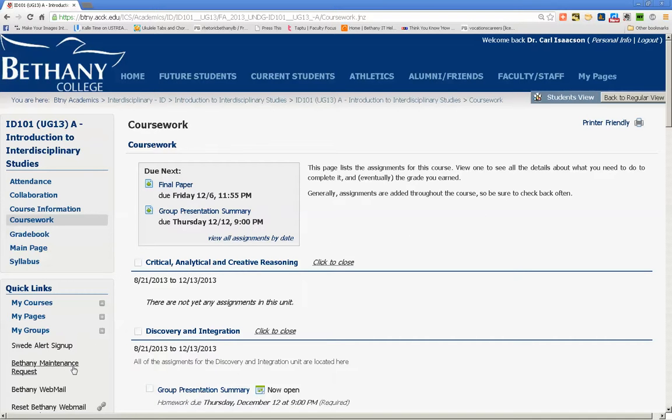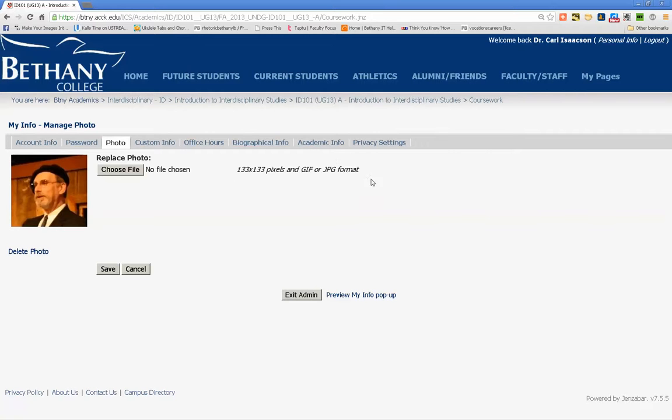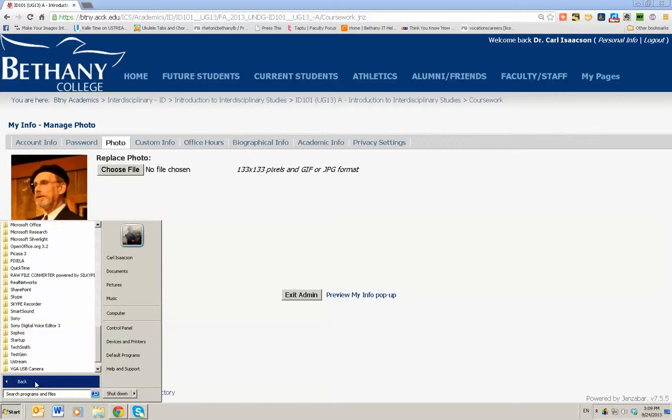Now, in addition to the courses and coursework, you can also do some things with your personal information that you may or may not be interested in doing. You can, for example, add a photo of yourself. But you need, as you can see, to make that photo 133 by 133 pixels and either in a GIF or a JPEG format. There are any number of photo editing softwares, and I'm sure you have one on your laptop computers. If you don't, you can use the college's software using Microsoft Office,